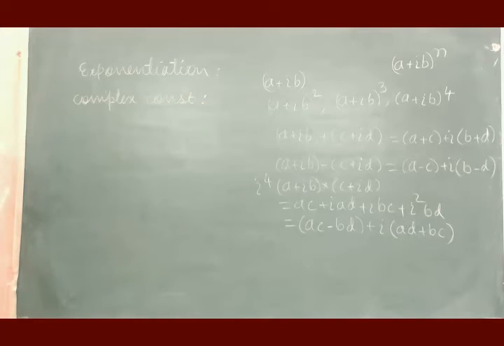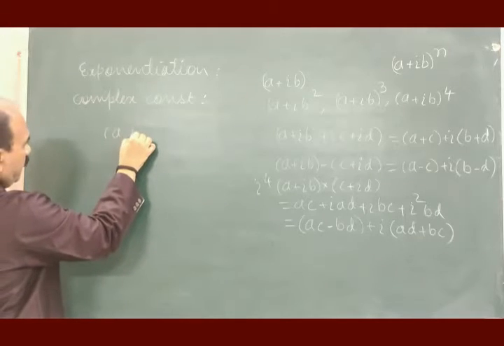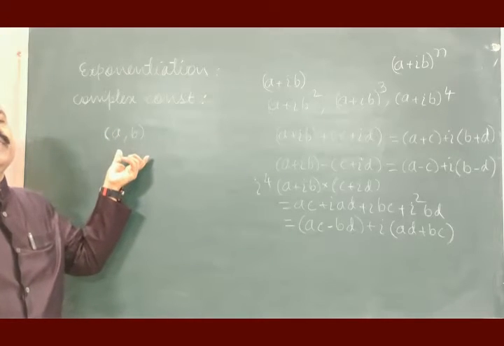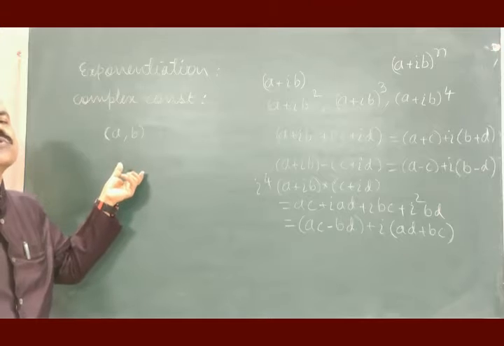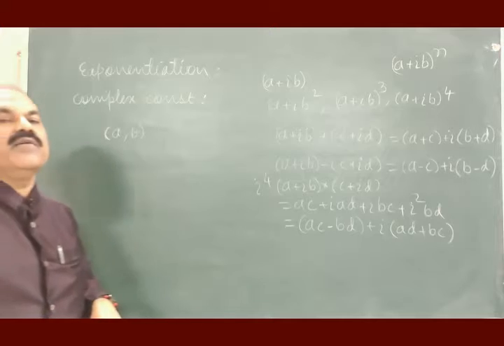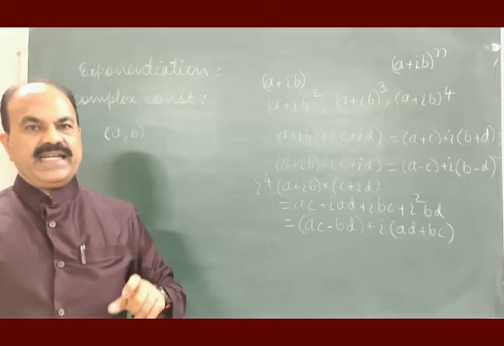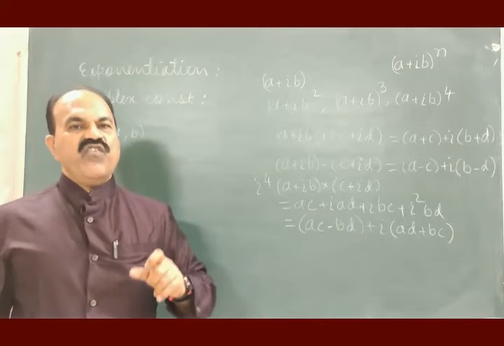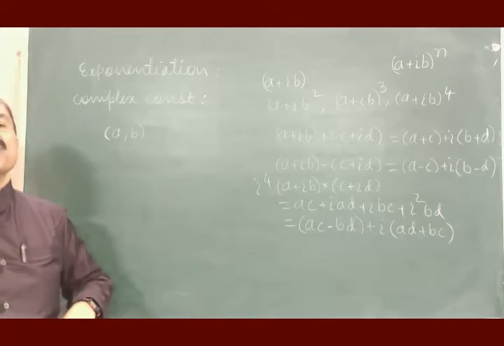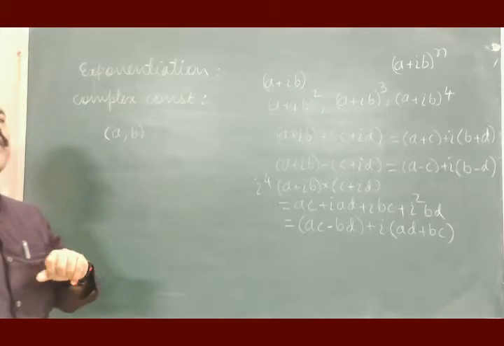What is a complex constant? An ordered pair of real variables in a bracket is nothing but a complex constant. An ordered pair of real variables represented this way is nothing but a complex constant. For example,